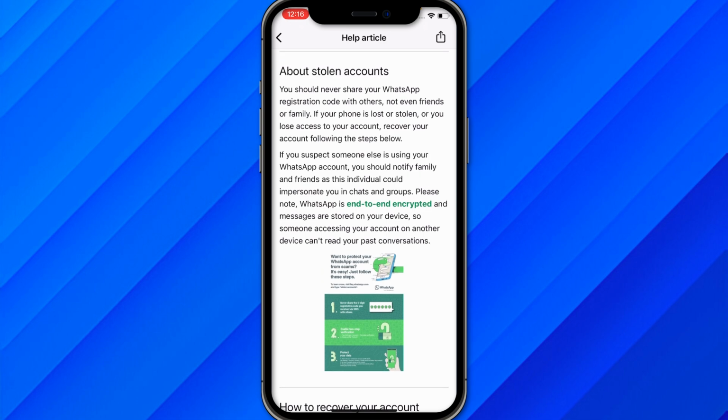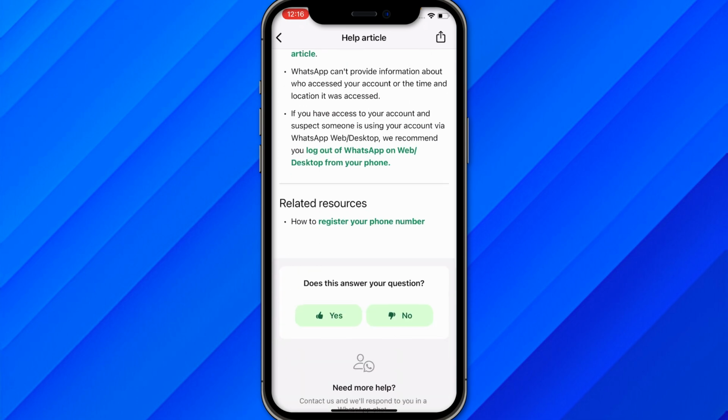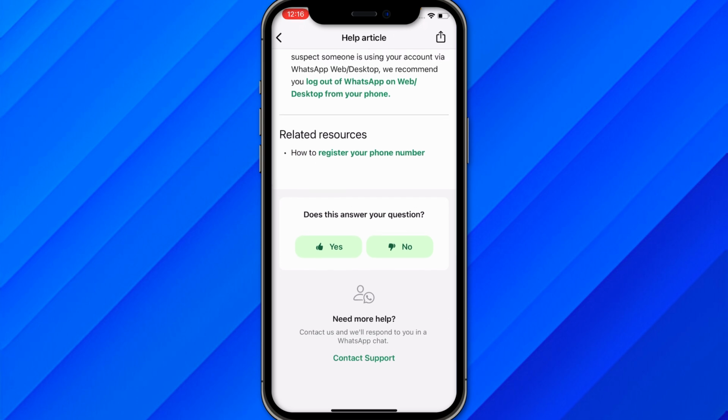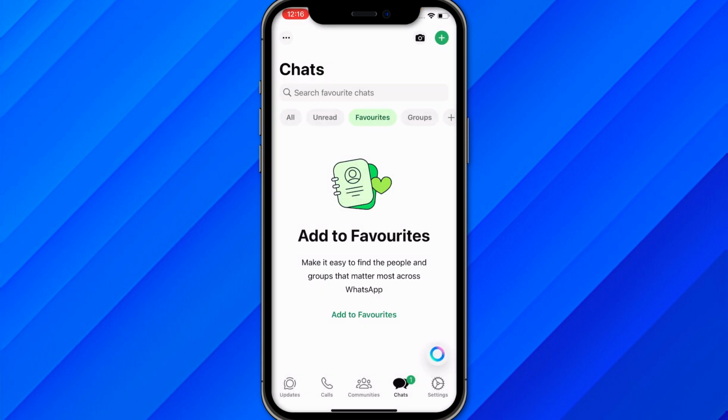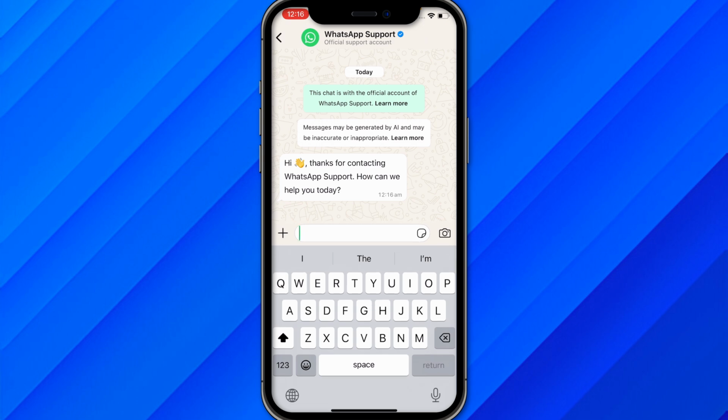You can visit this section and read all the details, and it might be helpful for you. And if not, just scroll down and find the option called Contact Support. Click on Contact Support, click on Start Chat, and it will open a chat with the official WhatsApp support. So you can just message them and ask for any kind of help, that you want to recover